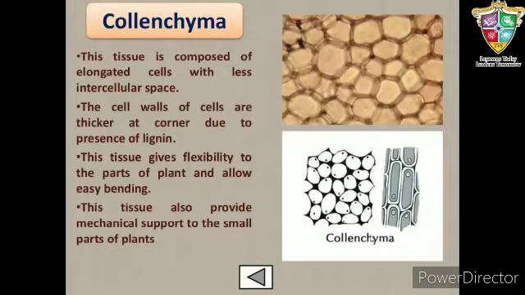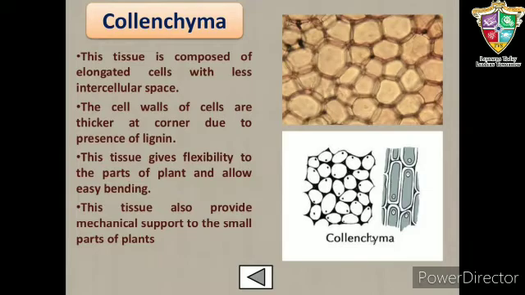Now, the next type of tissue is collenchyma. Collenchyma is also living tissue like parenchyma. They consist of living cells which are circular, oval, or angular in shape. Cells are elongated, irregularly thickened at the corners due to the deposition of extra pectin and cellulose. Each cell possesses a large central vacuole, a nucleus, and a peripheral cytoplasm. The cells may have or may not have intercellular spaces. They often contain a few chloroplasts.